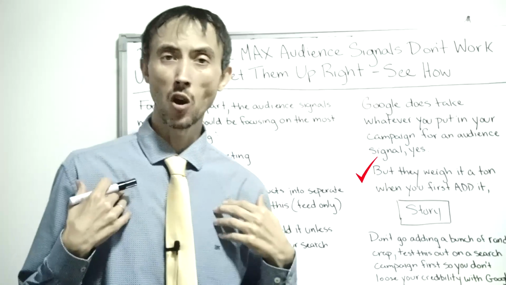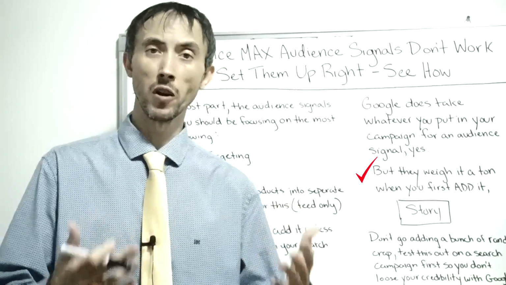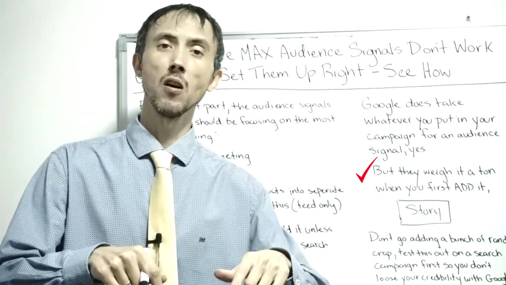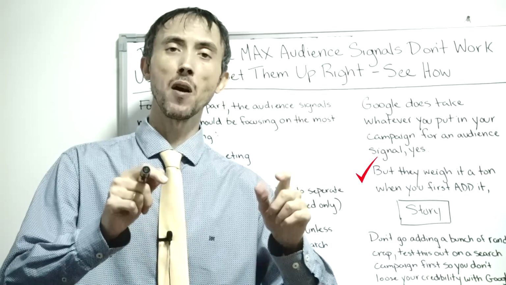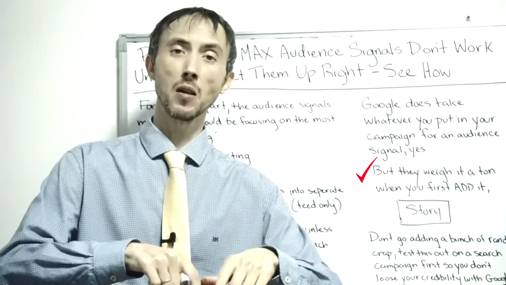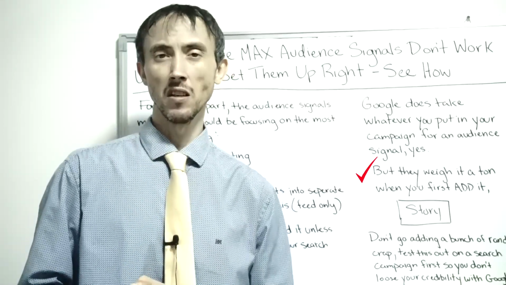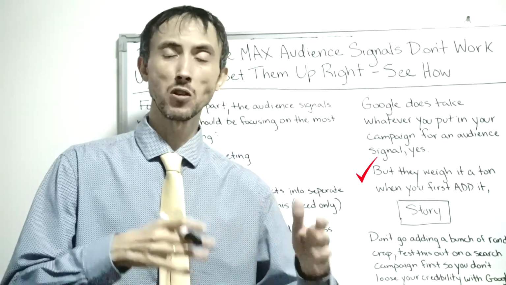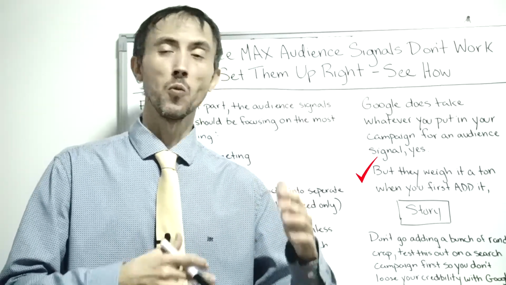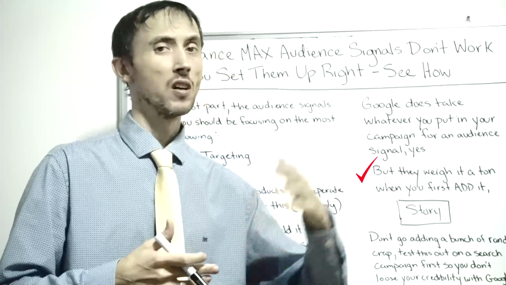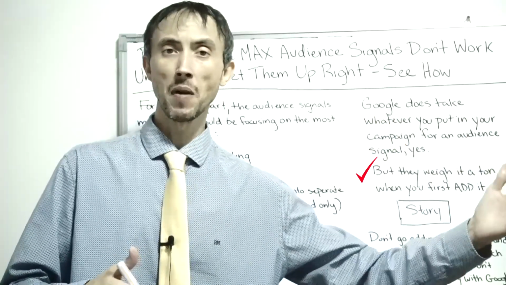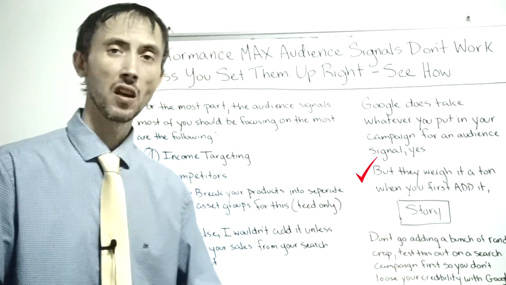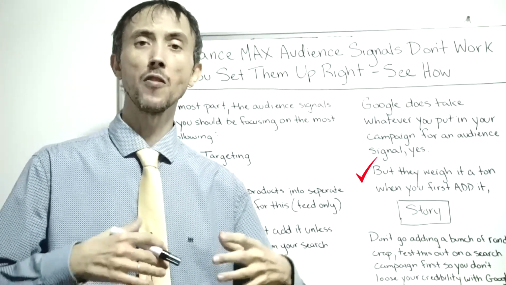So in other words, we know for a fact if you add an audience signal in there that works, it will actually only do what you give it. But only because we knew most of the people in that market who were buying were in the top 10% and a little bit at the top 20. And I knew this because I faked the location of the computer and made some searches for various locations. If the location wasn't in a high income zip code, these shopping ads that we were running the PMAX campaign for wouldn't show up. We knew that the top 10-20% of income demographics are the only ones buying because we